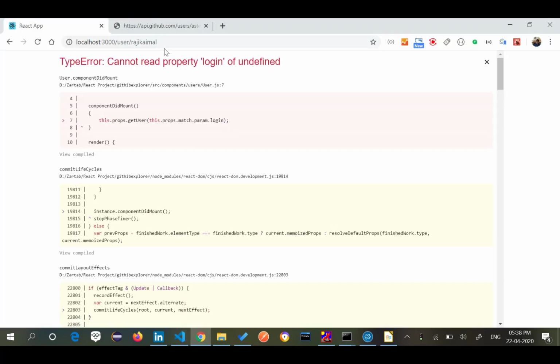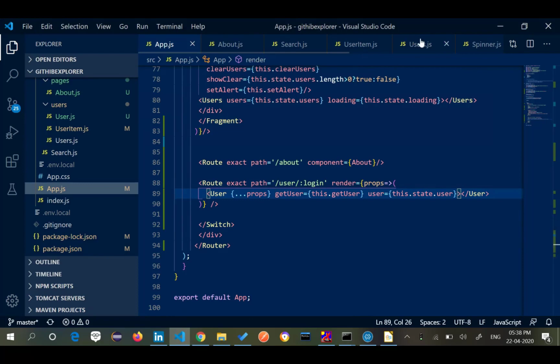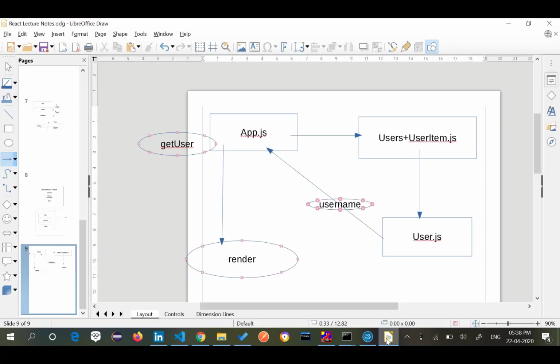Let me check. Login. Okay, my bad. You remember we did this 3-point implementation earlier in the classroom?